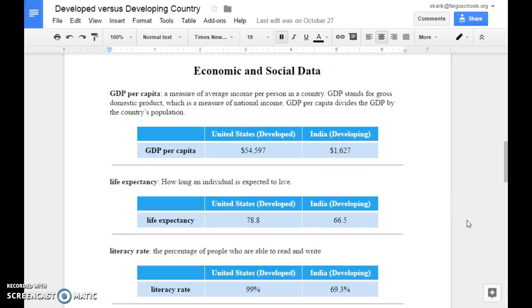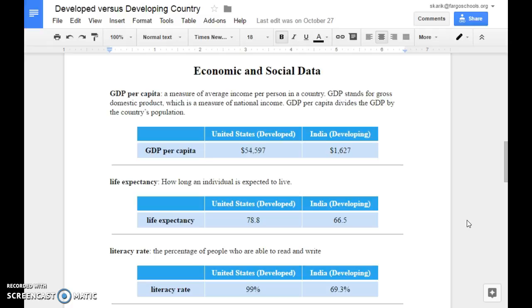Economic and social data. GDP per capita is a measure of average income per person in a country. GDP stands for Gross Domestic Product, which is a measure of national income. GDP per capita divides the GDP by the country's population. For example, in the United States, which we know is a developed country, the GDP per capita is $54,597 per person. In India, which is a developing country, they have a GDP per capita of